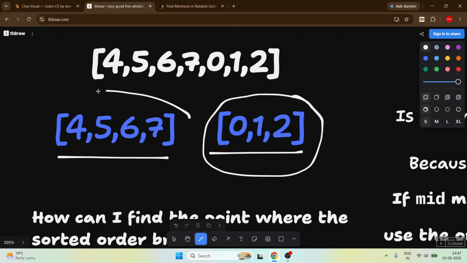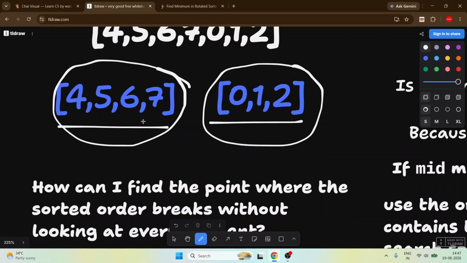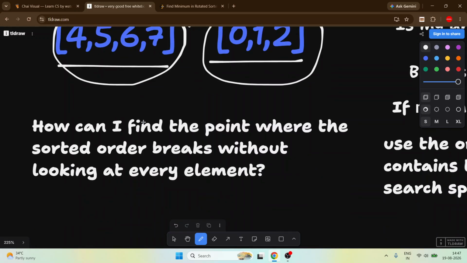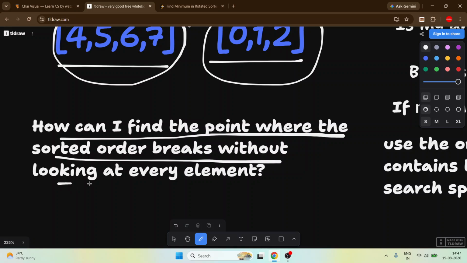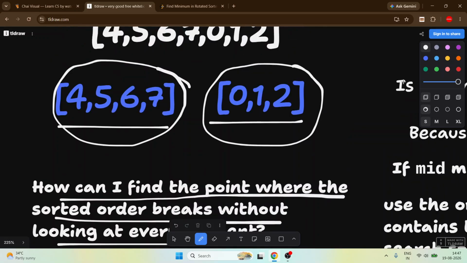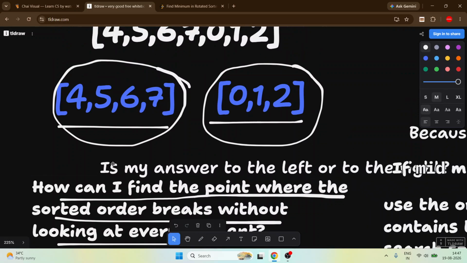Yes, both are sorted individually. So how can we find the point where the sorted order breaks without looking at every element? Okay, this is our point.